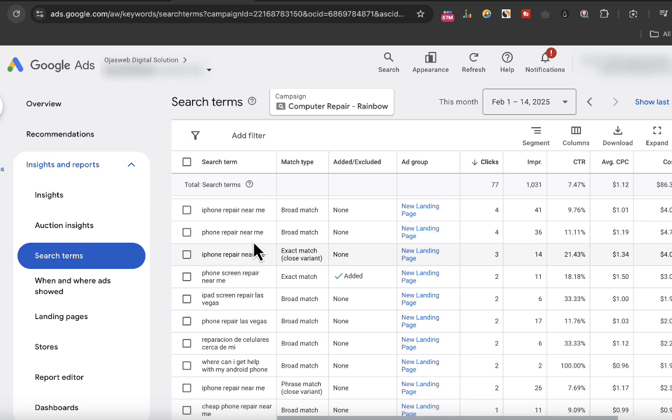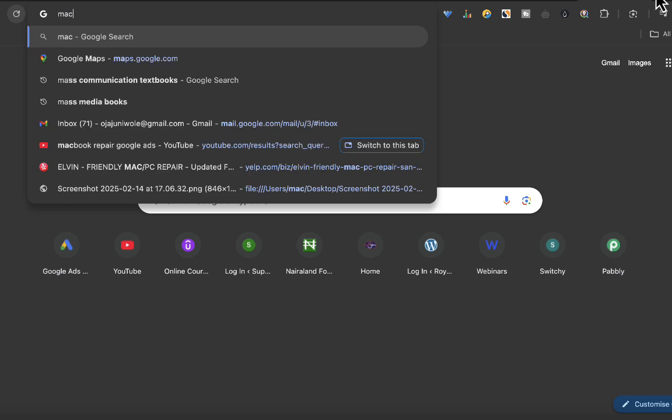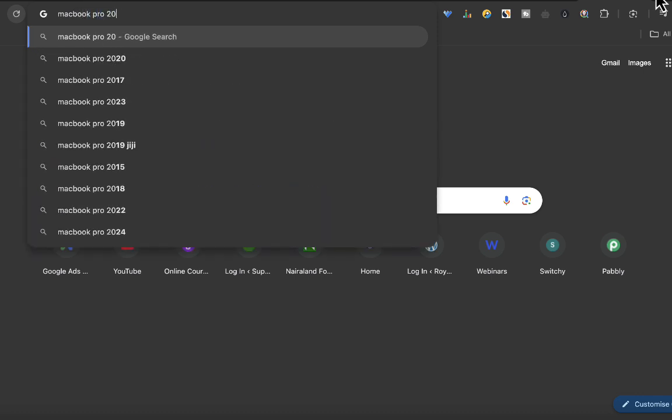Now these searches are not the targeted keyword, but these are the exact keywords that people are searching on Google. And what it means is that if I go to Google to search for maybe MacBook Pro 2023 screen